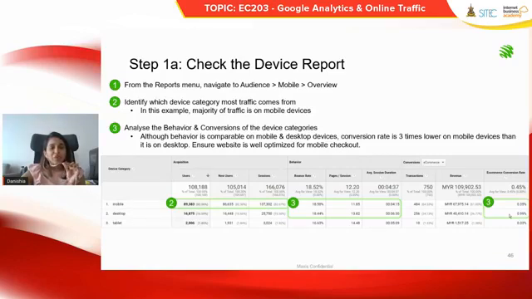Once we do that, we then check the behavior metrics: your bounce rate, pages per session, and average session duration. In this example, we see that there is no major difference between mobile and desktop. They have comparable behavior metrics. So then we go on to look at our conversion. We see that in terms of the e-commerce conversion rate, mobile actually has a 3 times lower conversion rate than